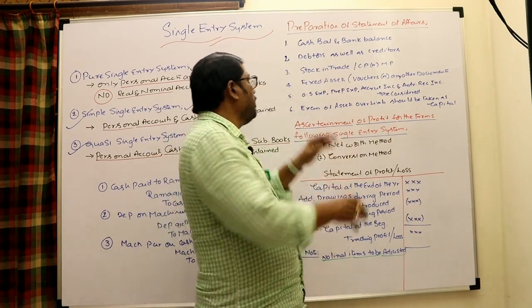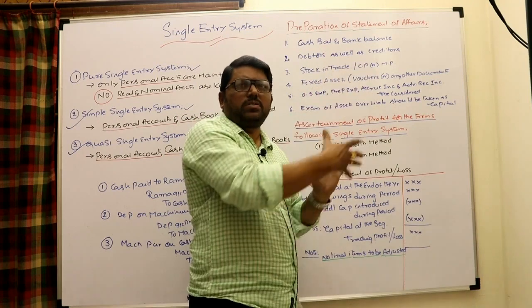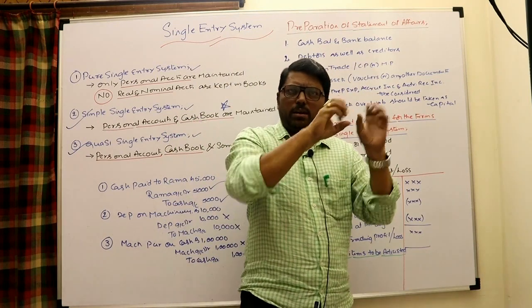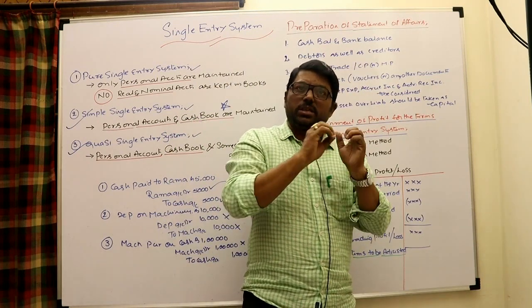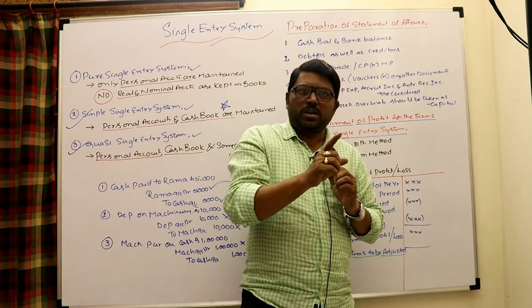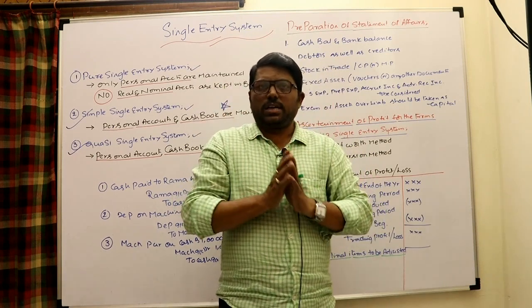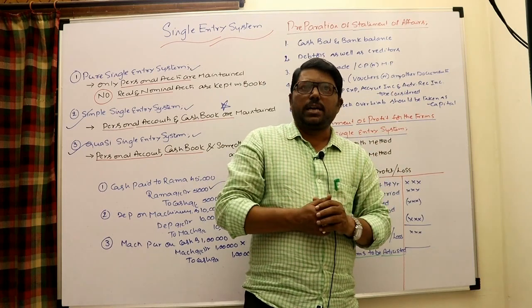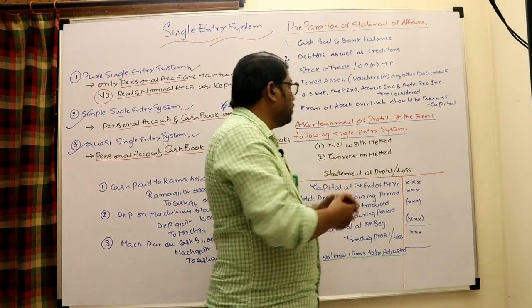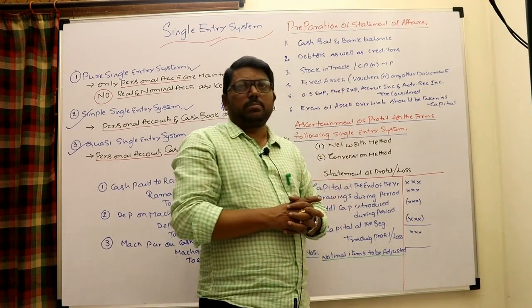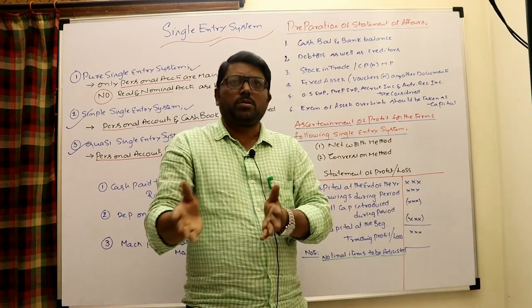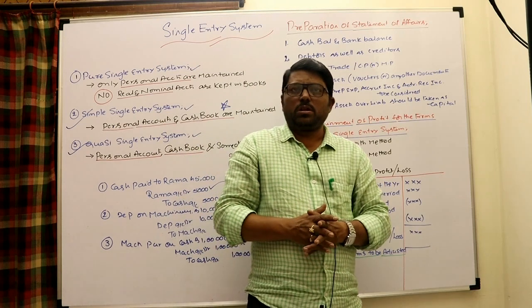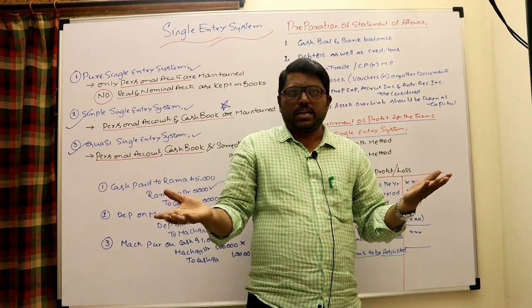Excess of assets. When you consider all these in these different ways, you may find out all the assets and liabilities, not from the ledgers, but from the sources. You can have a statement of affairs, put all the assets on the right side, put all the liabilities on the left side. Assets minus liabilities represent capital. In the same way as you have done the opening statement of affairs, you can prepare the closing statement of affairs also. Find out the opening capital and closing capital.